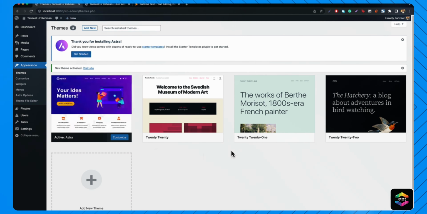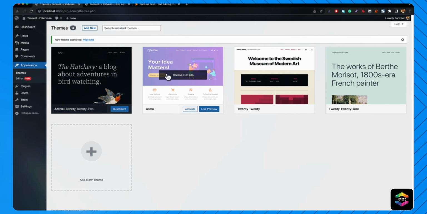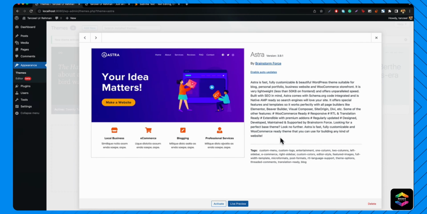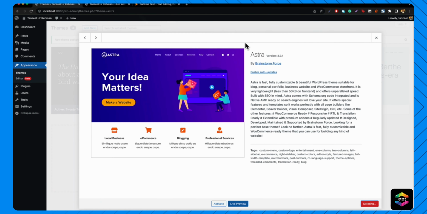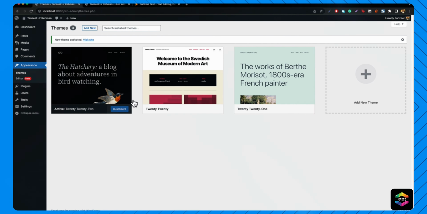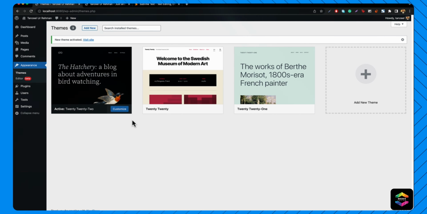Now we will switch back to the theme that we were actually on. We will hit activate. Now we will click on this Astra and delete this theme so that we have a fresh start. And from the next lecture, we're going to be taking a look at the WordPress dashboard overview,